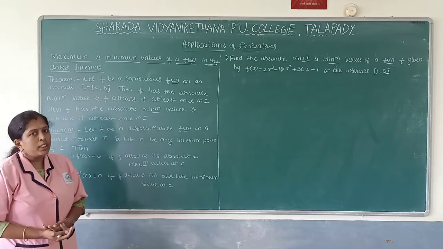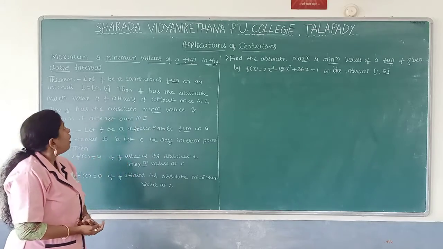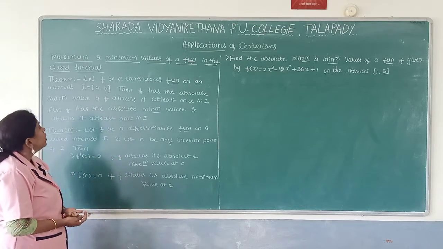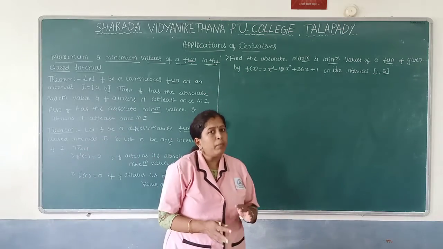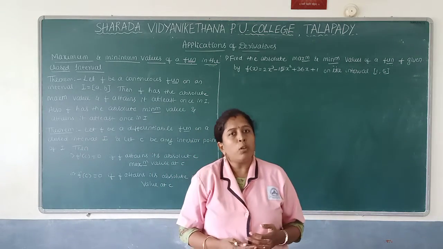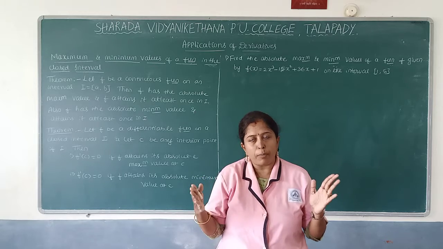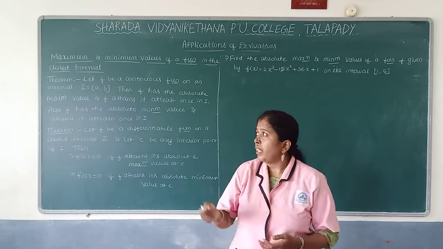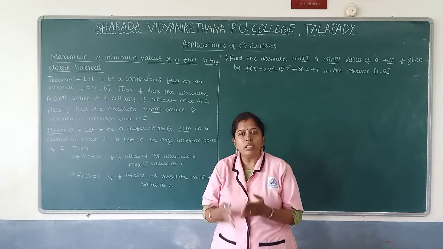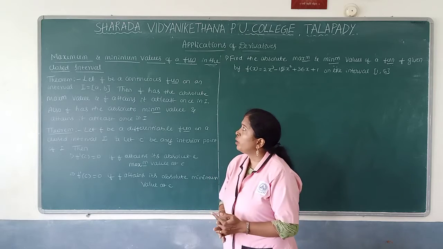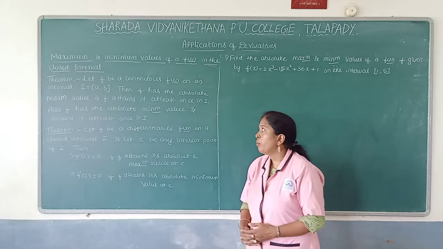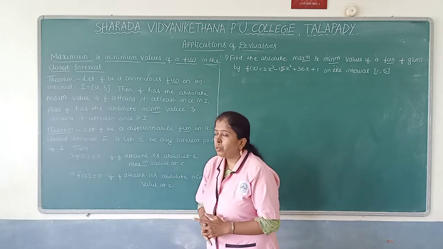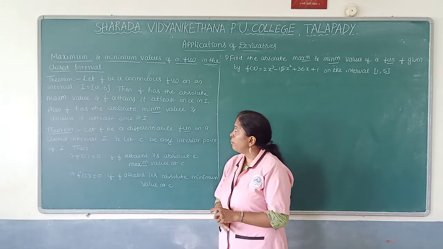See, next, the last concept of this chapter, maximum and minimum value of a function in the closed interval. Means in the previous problems the interval is not given. We are going to discuss it from real life. But now particularly if the interval is given in the case, how to calculate their maximum value and minimum value we are going to discuss now. What is the statement of that? How to calculate their maximum and minimum?